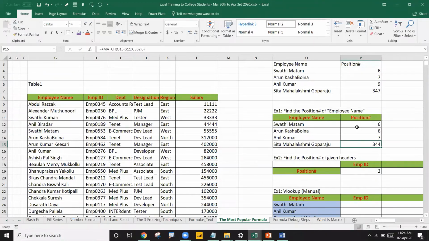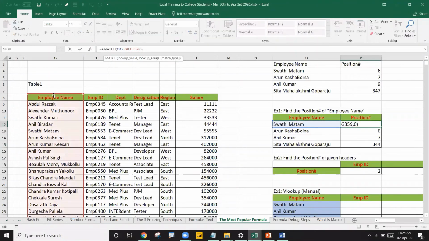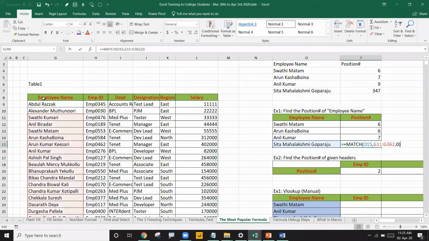I'll tell you. If you see here, we referred G8 to G359, correct? So this range we referred. What we learned in yesterday's class is that once I drag down, the row number will increase. So once I drag it down, G8 changed to G9 to G360. Earlier it was G8 to G359, but now it has changed to G360. This is the problem. If I drag it more, it is referring from here onwards. It is not taking from the header, correct? If I go more, it is referring from here.